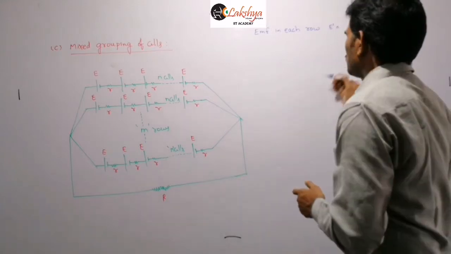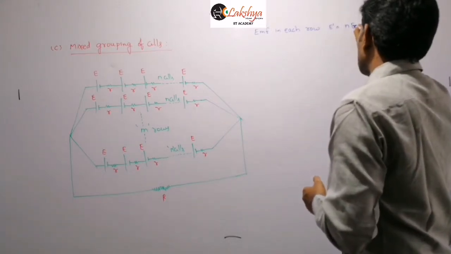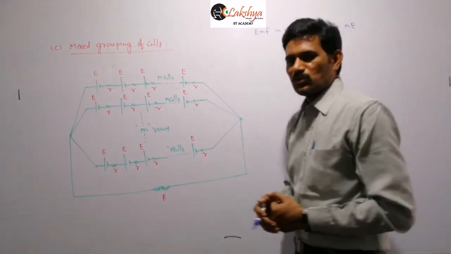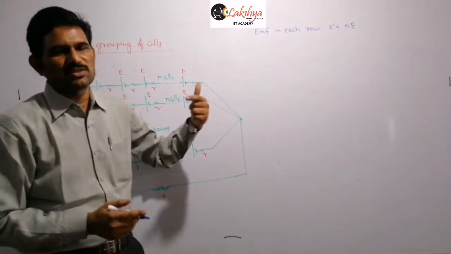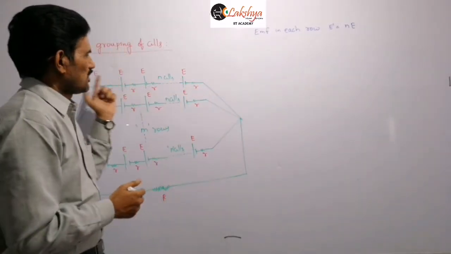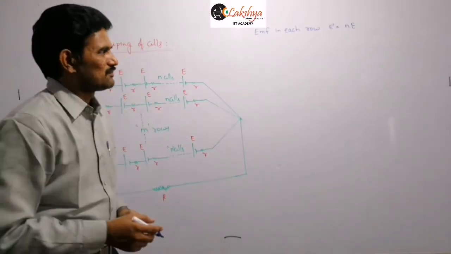That means we need to add those values here. So directly I am writing that this value will be nE. Got it? Because all those cells are in series. In series means E1 plus E2 plus E3, we need to write. So here E plus E plus E plus, and so on, n times. So directly I am writing that as nE. And next,